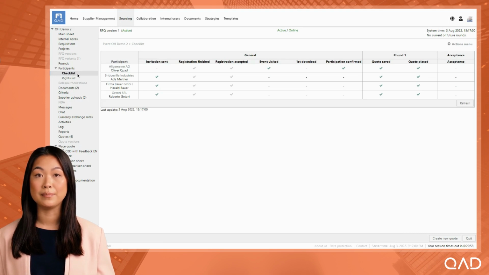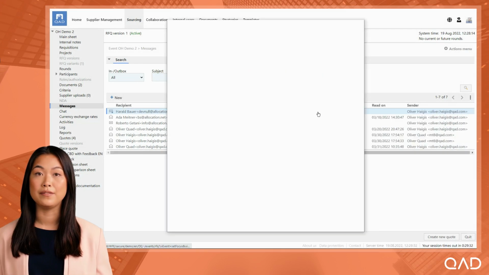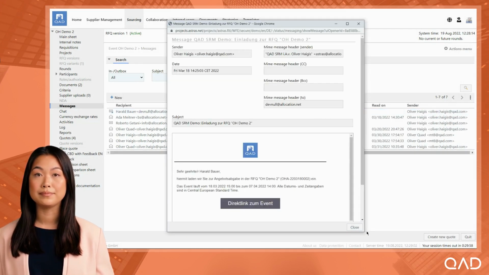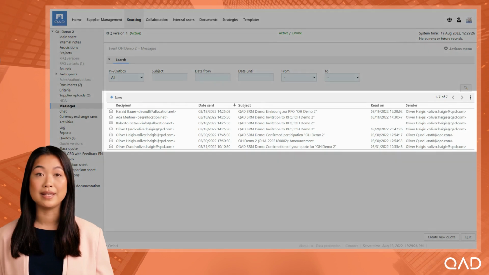In the Participants tab, there is a great feature called the checklist, which shows the activity of all of your invited suppliers against certain milestones. Another great feature is the Messages tab. Oftentimes in fast-paced dynamic work environments, correspondence with suppliers can fall within the inboxes of multiple people. This can cause issues such as the miscommunication of the latest updates and can result in the duplication of emails and phone calls to obtain the same information. Within QAD's SRM, all of this information and all correspondence between you and your suppliers is kept within a single repository that anyone with permission can